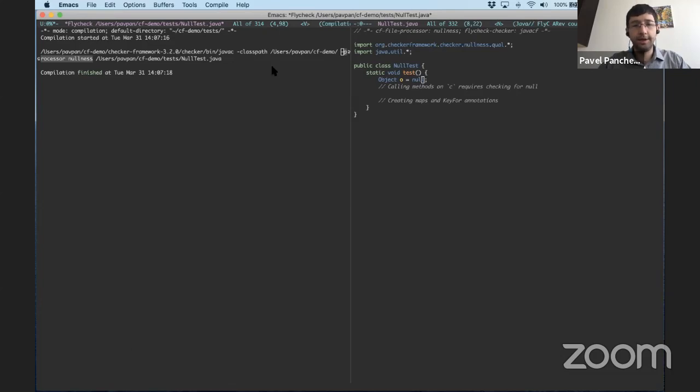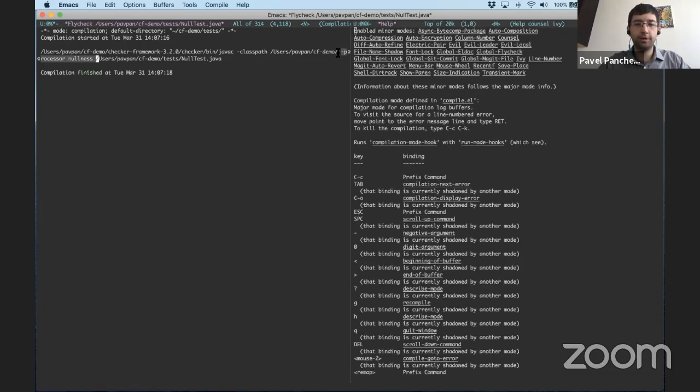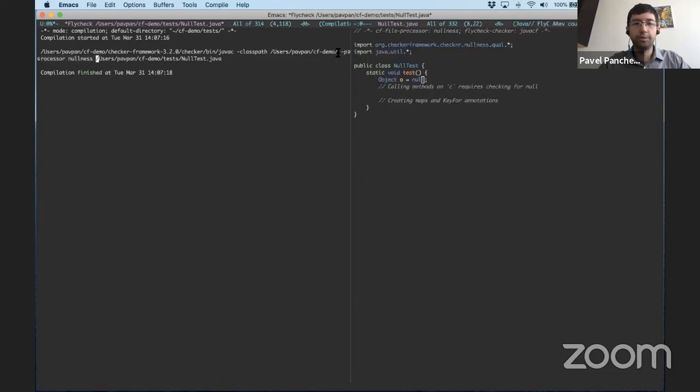The reason that I've called javac with the nullness processor is precisely because I want to check for null values. So right now it's running and it's not flagging any errors, because by default it lets Java code be.